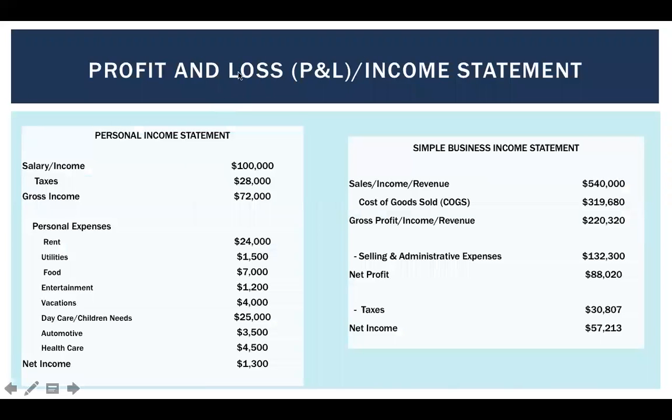Okay, so let's get started and have a look at a profit and loss P&L and an income statement. So what I've got here are 2 examples, very rudimentary, very simple. I want to help you start to translate if this is the first time you're seeing an income statement. So on the right-hand side, we have a business income statement. This is a rolled up high level income statement. On the left, I've just created an example of perhaps a personal income statement.